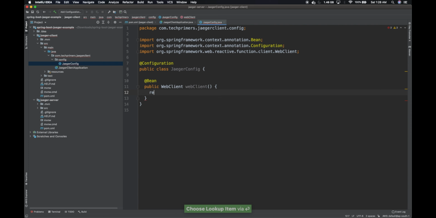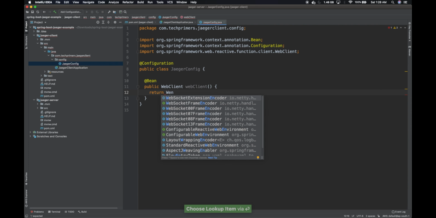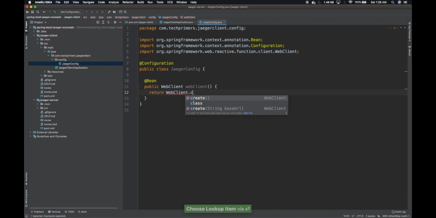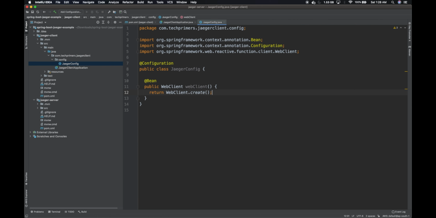I'm going to create this WebClient just to tell Spring Boot to use the same WebClient when I'm using Jaeger. So Spring Boot is going to inject the span ID, trace ID, all those, into the WebClient when I inject it during the startup time. This will inject the WebClient instance, and we can use autowiring to fetch the WebClient in our classes. So that's what I'm doing here.